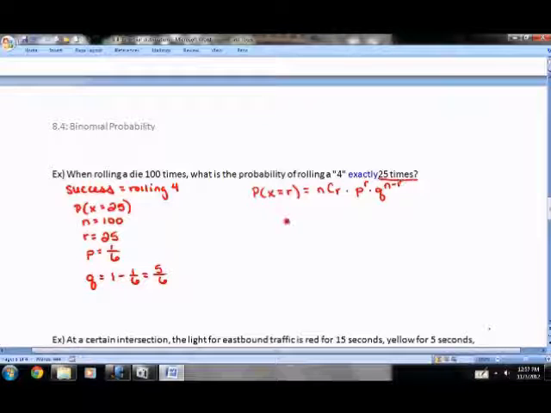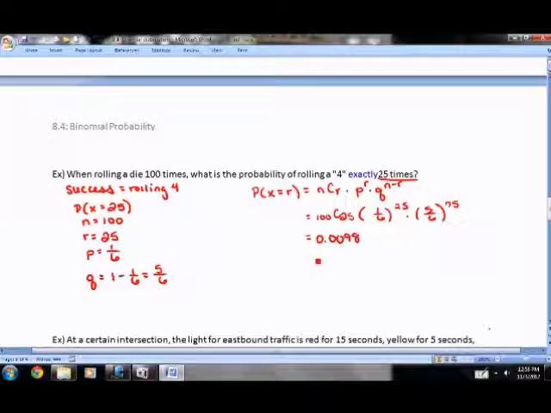Okay, so if we plug everything in, you end up having your N, which is 100, choose 25, times the probability of getting it right, which is 1/6 to the 25th power, times your 5/6 to the how many times, if you get 25 of them right, that means you have to get 75 of them wrong. And if you go ahead and plug that into a calculator, you get your